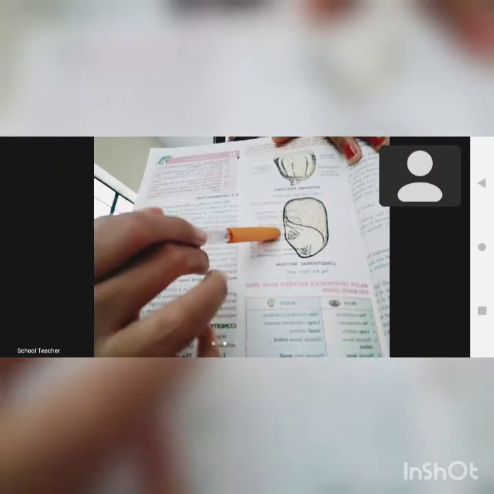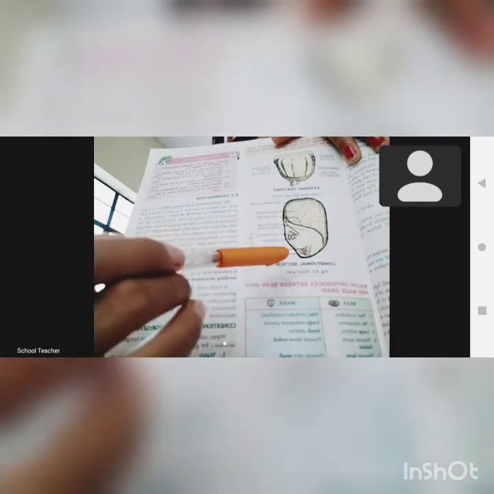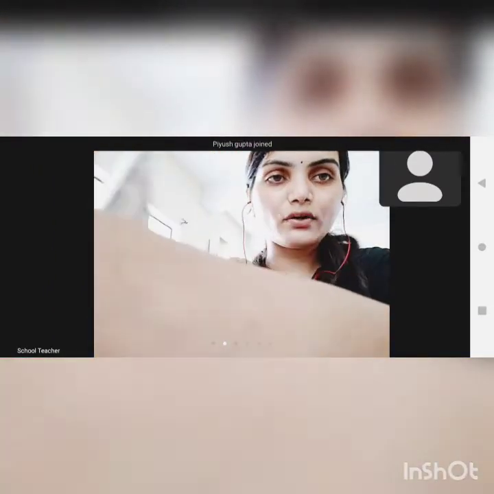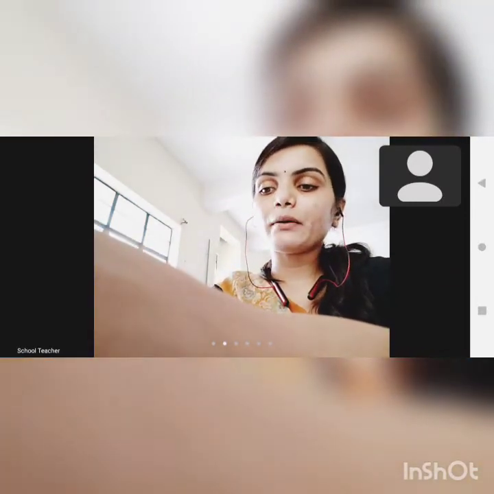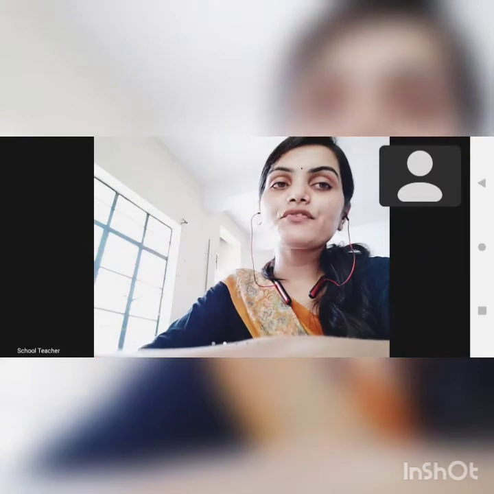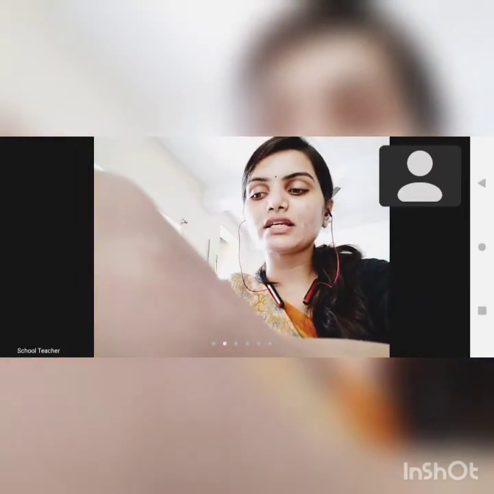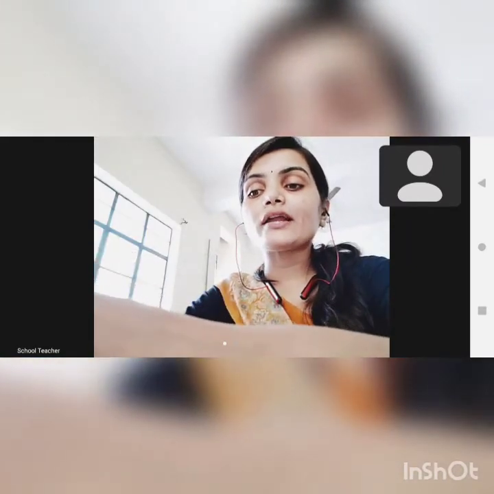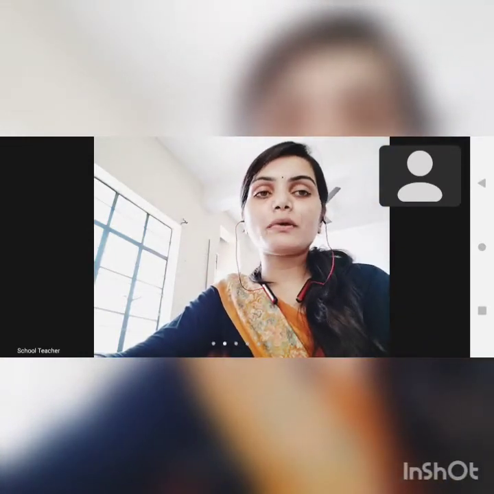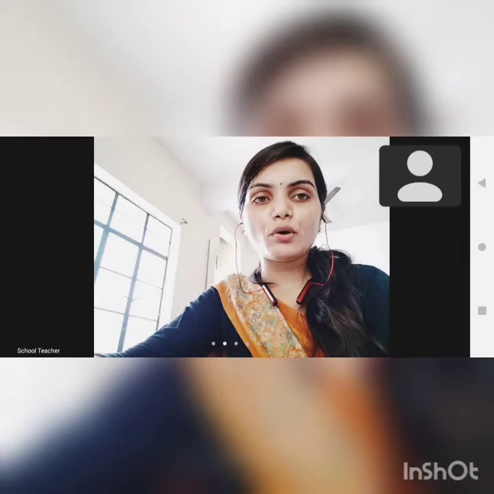Now see the upper layer. The outermost layer of the maize seed is rich in protein, and this layer is known as the aleurone layer. It is found at the upper margin of the seed. See figure 6.2, students, the longitudinal section. That is the aleurone layer. Below that, the endosperm is found.